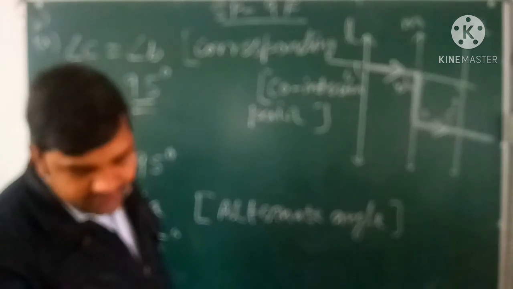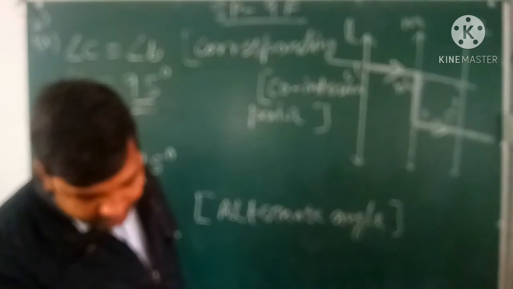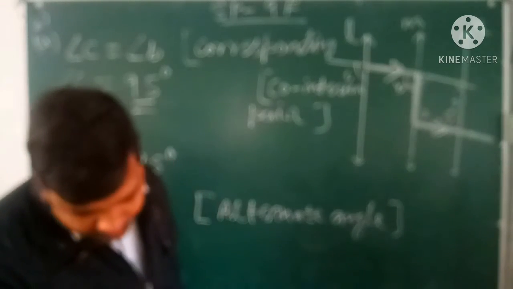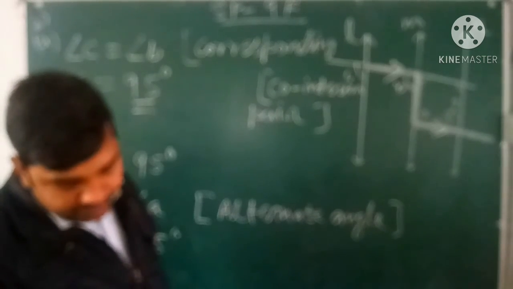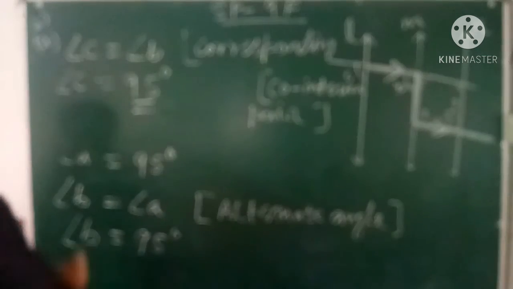That is the question number C. B I am leaving the homework for you because see this X and 135 is the alternate pair. So angle X will be 135 degree. Now the angle Y and 90 is the co-interior pair. So the angle Y has two parts. One part will be 90 degree and the other part will be 180 minus 135. So after that you can add it and you can solve it.